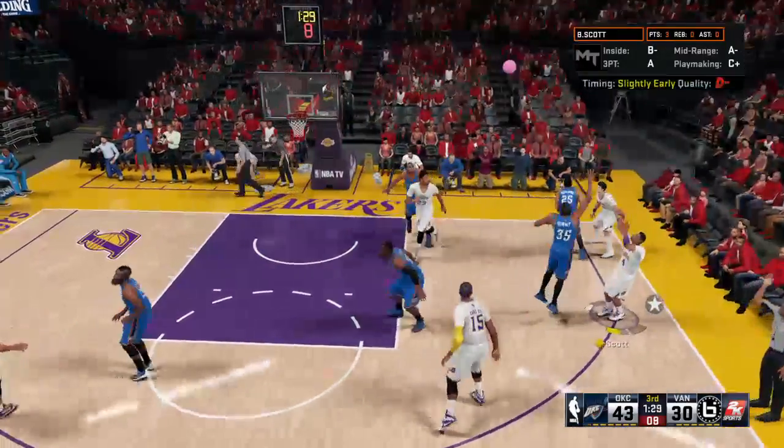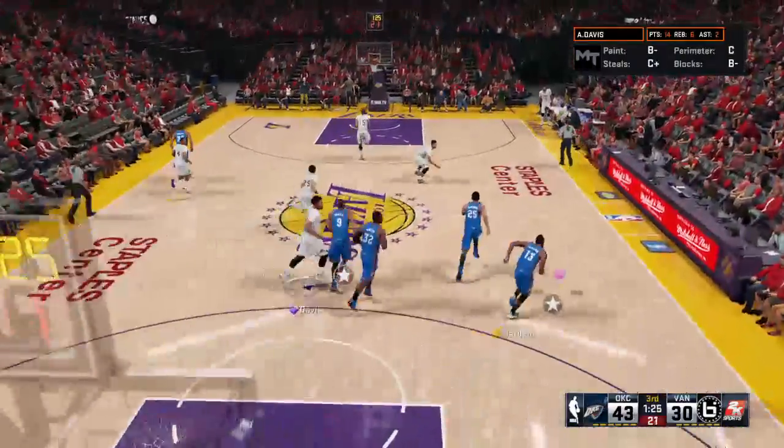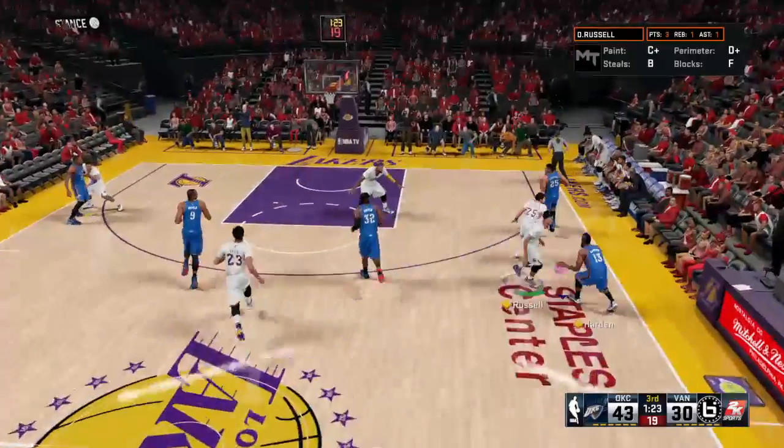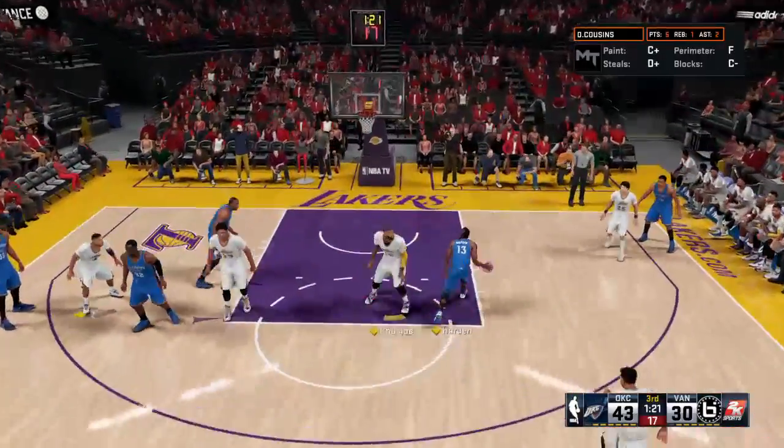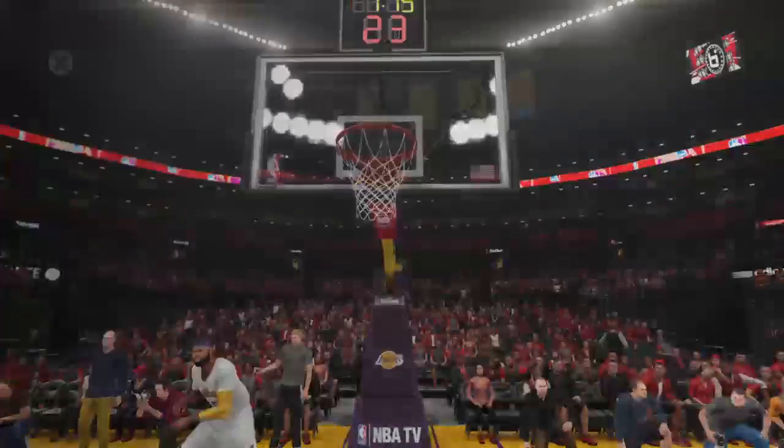Here's Scott, a 3 off the inbound. And another miss. Ooh, he's having a really ugly game. Yeah, about as ugly as you can have, you're right. It's Harden with the drive, and the shot is good. Harden's got 6 in the quarter. Really not hard to...